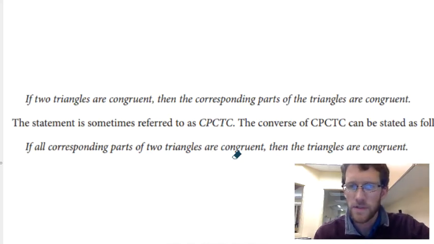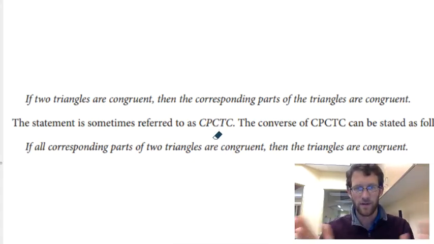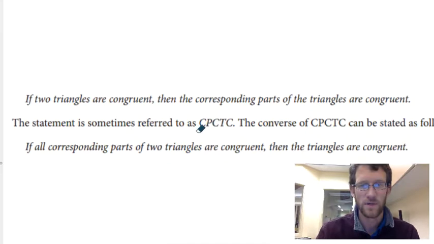Note the book sometimes uses this term CPCTC as opposed to CPCFC. The T stands for triangle instead of figure. As far as I'm concerned, they're interchangeable. If you put one, but it was actually a figure, not a triangle, I'll still accept it. It's not a big deal. So CPCFC you can use for both